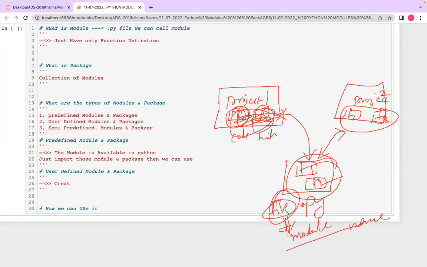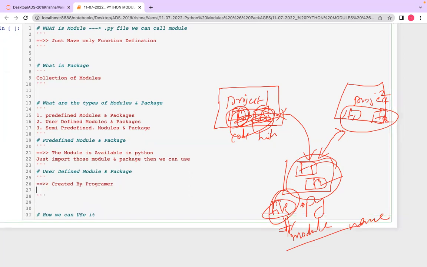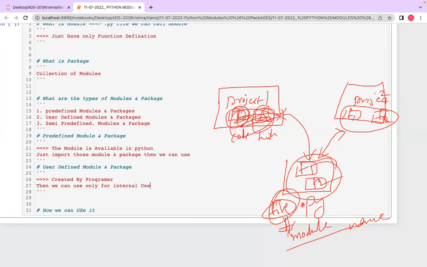It's created by whom? The programmer. And then we can use it only for internal usage. So in a company only we can use it. Within the company only we can use those particular modules and packages.